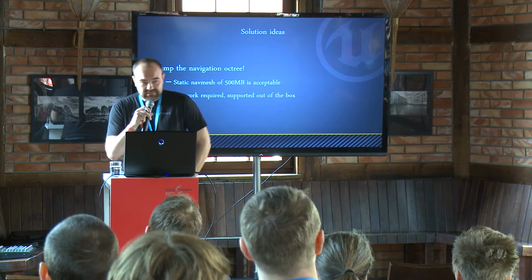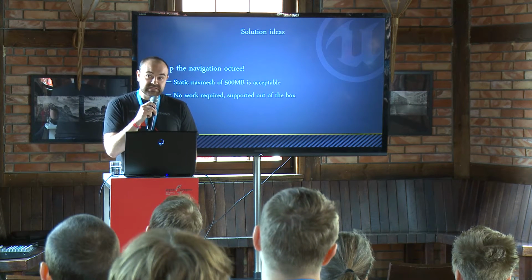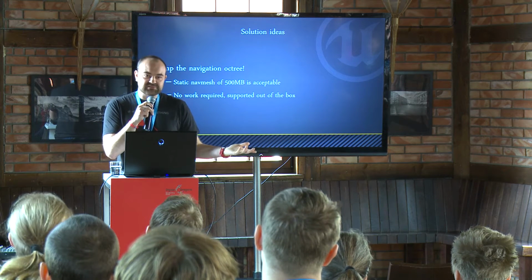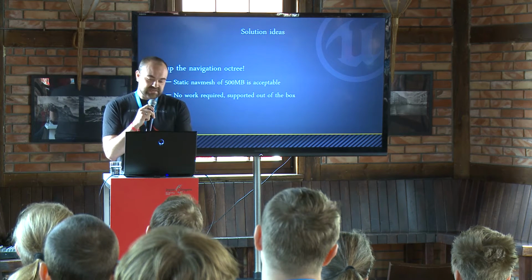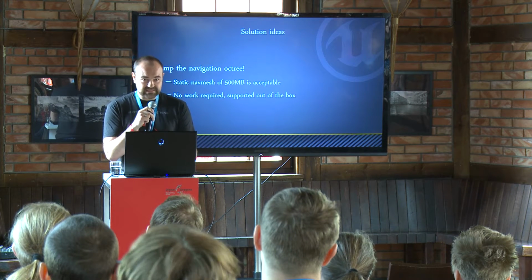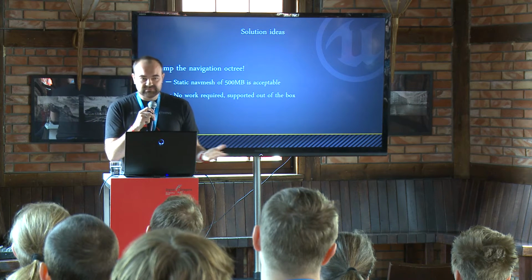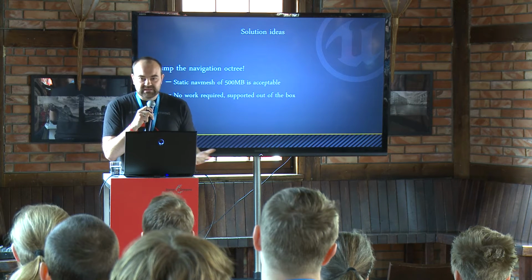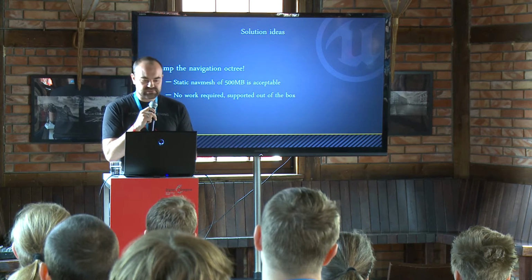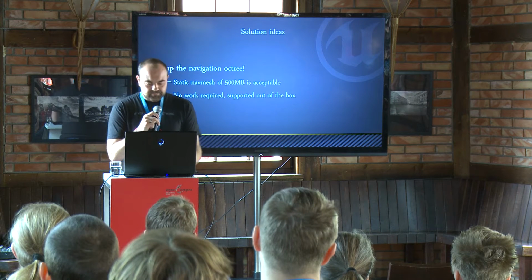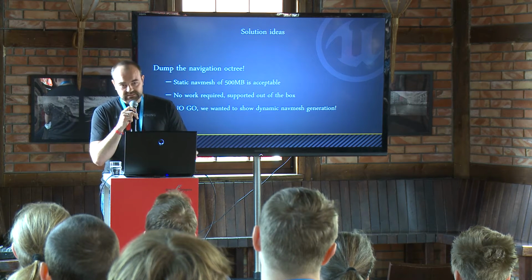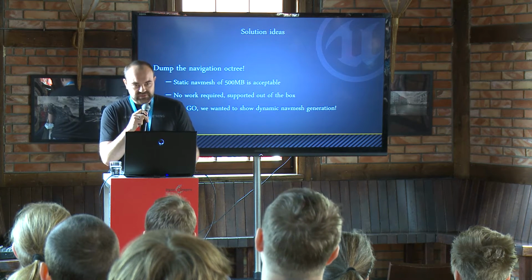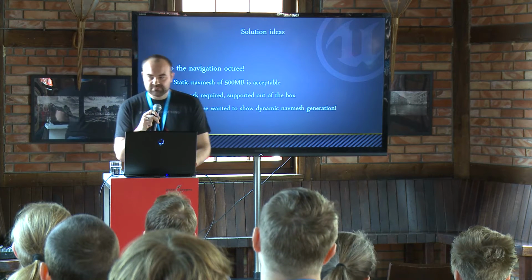So, okay, let's figure out what the solution should be. The very first solution: let's just dump the expensive part, the navigation octree, and we just stay with the 500 megs static nav mesh, which is not ideal because we still need to load all the maps to be able to generate that. That could be done offline or overnight in an offline process while building everything every day. But we didn't want that because one of the goals was to have dynamic nav mesh generation on the map as well,